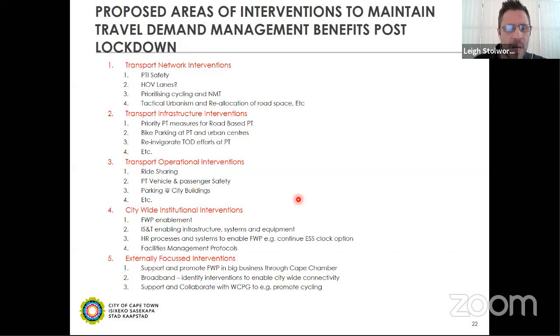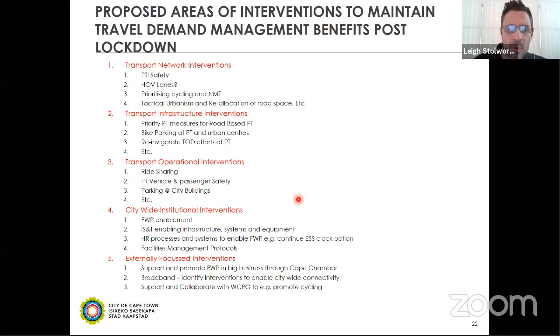So in terms of the transport network, we've identified measures that we can do to try and intervene in the network space in terms of tactical urbanism, reallocation of space to more sustainable uses. A good example is the provision of a bus minibus taxi lane on Hospital Bend. We can do that right now because the space is available, because the take-up rate of transport is not back to 100% yet. And we want to put these kind of things in place before it gets there to shape